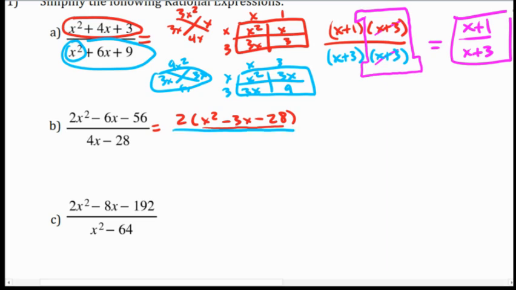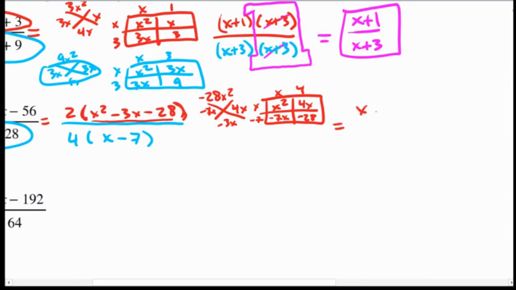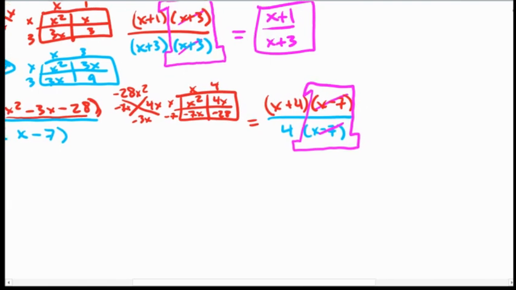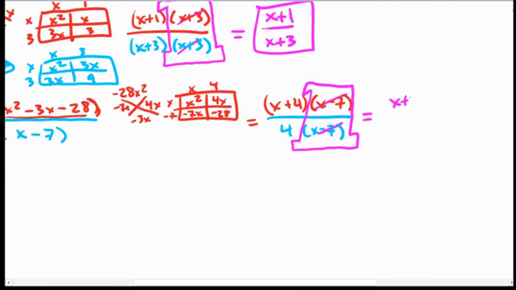So now the bottom here, greatest common factor is 4. And what's left over is just x minus 7. So I'm going to take a second to diamond and box this in parentheses here in red. And so now once I have factored the top and the bottom as much as I can, I figure out, is there anything that I can divide by itself or anything that I can cancel? I see here x minus 7 divided by itself is just 1,